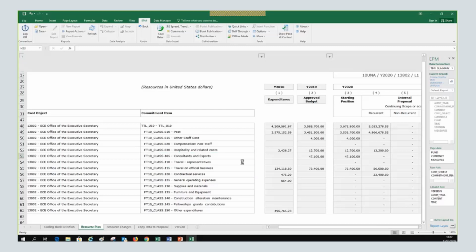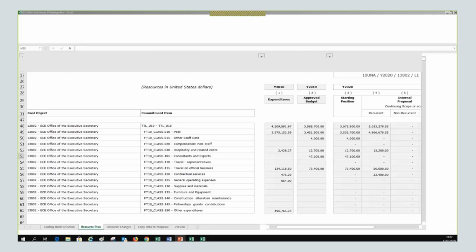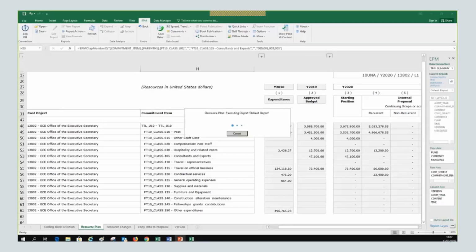The system takes a bit of time to refresh it. Okay, so the system is refreshing data, and then we will see.